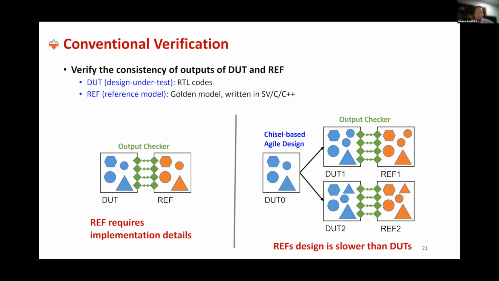Because with Chisel, we write Chisel code and then generate Verilog code, which means it's very easy for us to generate many different Verilog versions. For each generated version, we have to build a specific REF, the reference model, which brings significant overhead to the verification engineers.